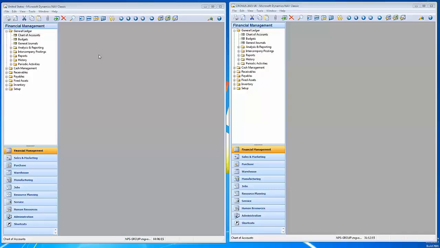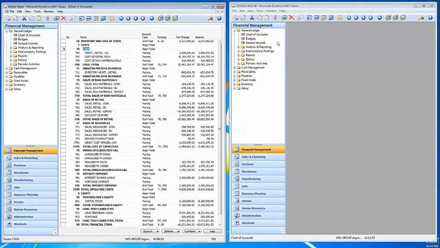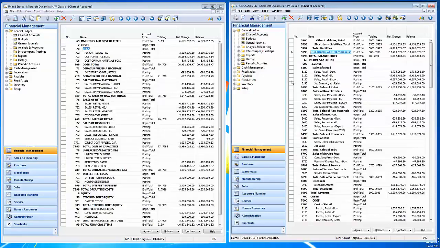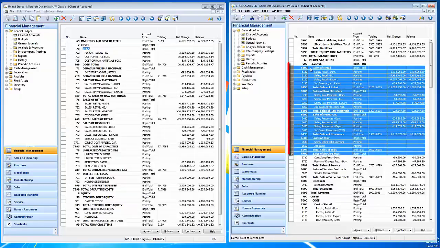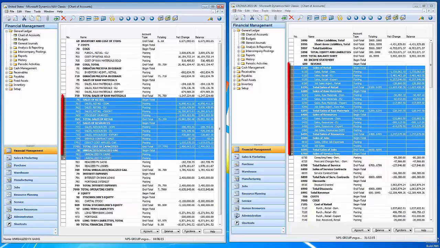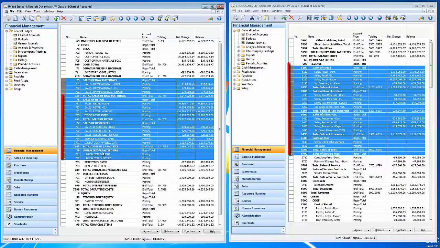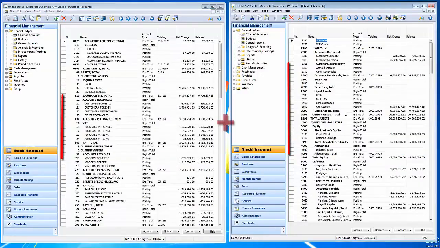This is an example of two different companies using NAV that we want to join for international reporting. The first company is a US-based company with a chart of accounts that is quite different from this UK-based company. For example, in the UK, revenues are in accounts around 6, while in our US-based company, it's about class 7. We want to join these revenues, costs, and profit and loss statements to be able to analyze them across all